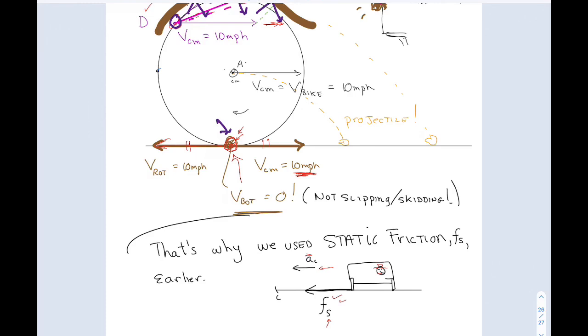One of them is, we know it's not kinetic because there'd be skid marks. It's static friction because when any part of the tire touches the ground, there's no relative motion, there's no skidding. So when this part of the tire up there is about to hit the ground, it meets the ground,